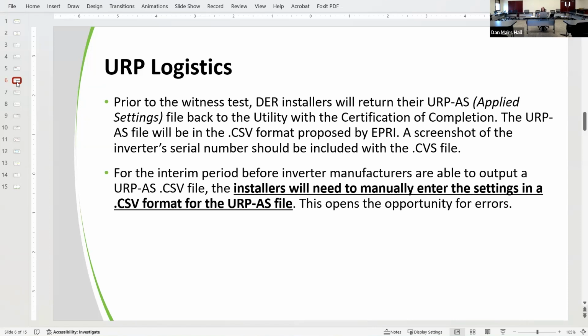We do know that populating the URP manually for the applied settings can lead to some human errors. This is recommended, it's not required. When a utility goes out and does their witness test, you might want to spot check one or two settings